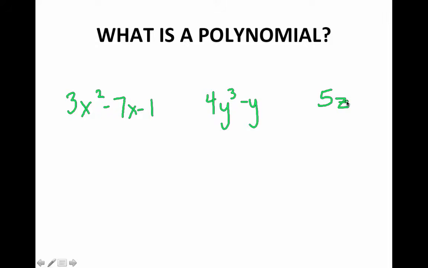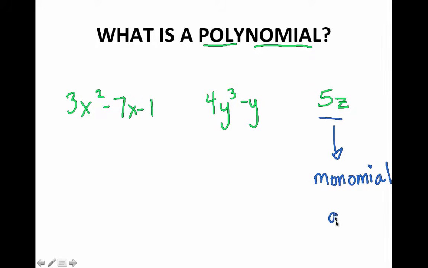So these are all examples of polynomials in one variable. Poly means many, and nomial means algebraic term. So this polynomial right here, this guy is a monomial because it has one term. So a monomial